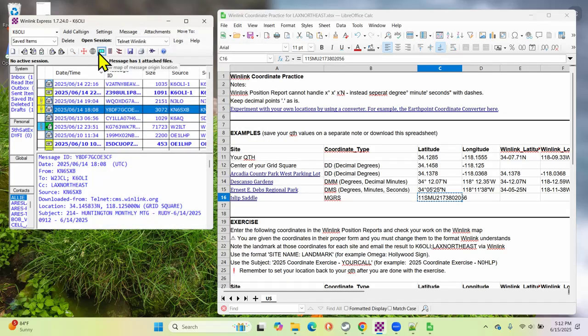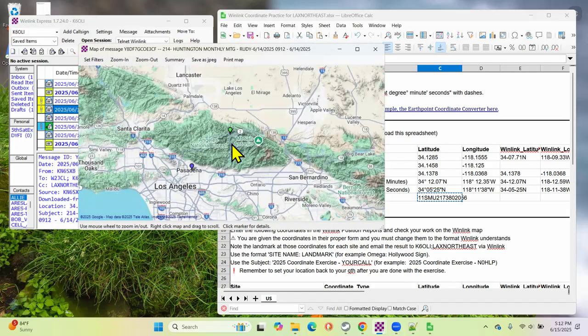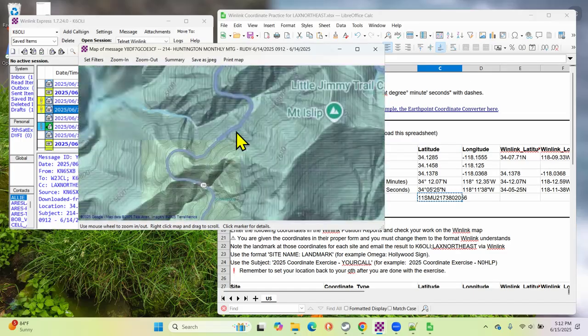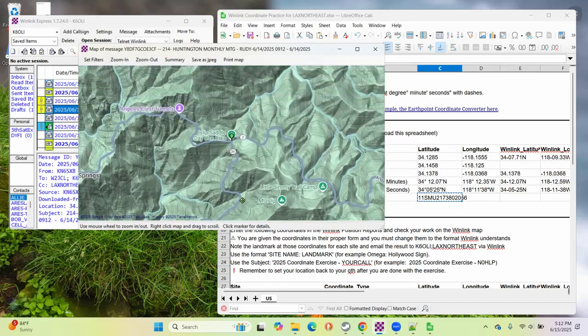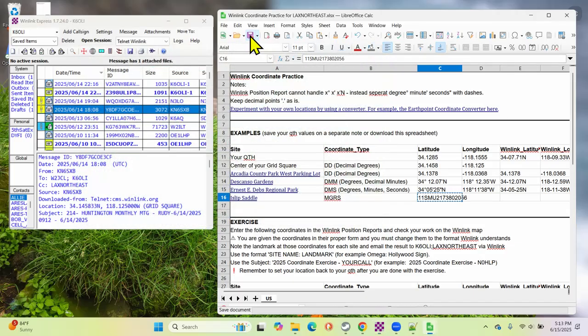This should bring us close to the Islip Saddle day use area in the Angeles National Forest. And let's see. And there we go. Islip Saddle day use area. So we entered the MGRS correctly. Now, for most of us in LAX Northeast, the way to do this is to actually have a